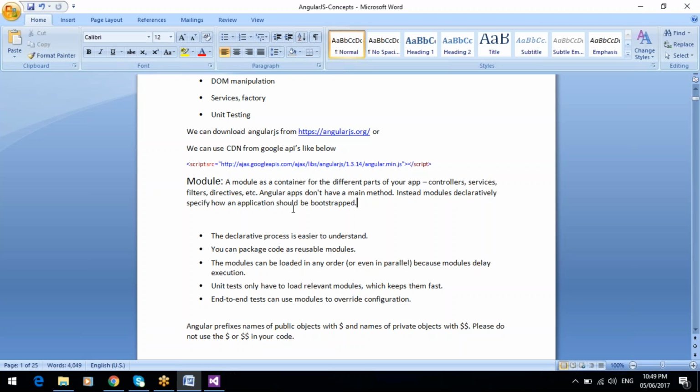Okay, so here module is the starting point for the application, to run the AngularJS application. So here the declarative process is easier to understand. Okay, this is a simple step to create the module in AngularJS, and you can package code as reusable modules. Okay, so we can implement the modules as reusable modules,